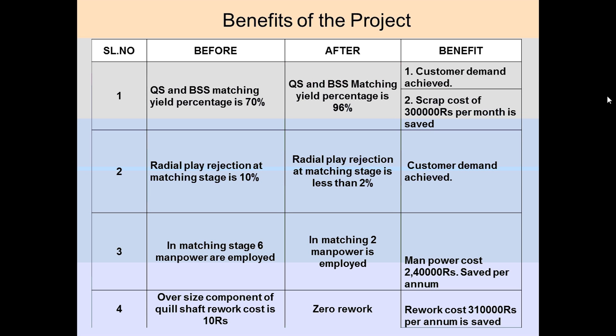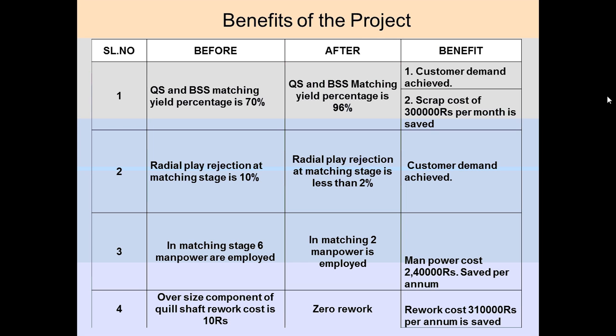What will be the benefit of our project after improvement? Definitely the quill shaft and drive shaft matching will be improved up to 96 percent. If we do not get any type of shrinkage or variation, the matching process will be improved, and our customer demand will be satisfied. Benefit,